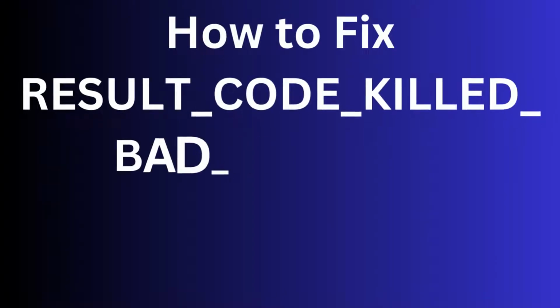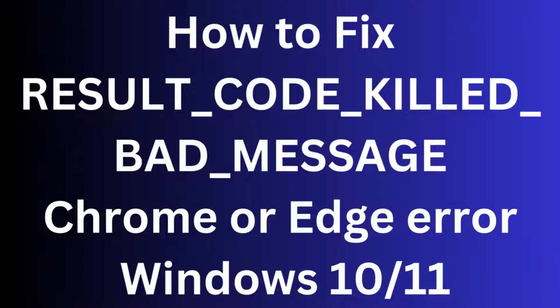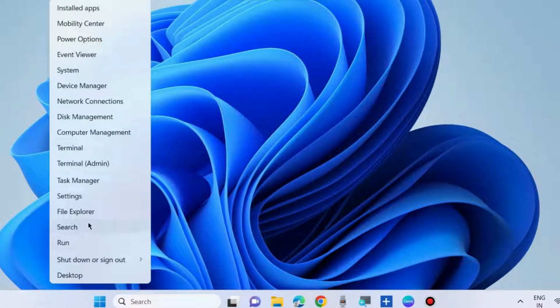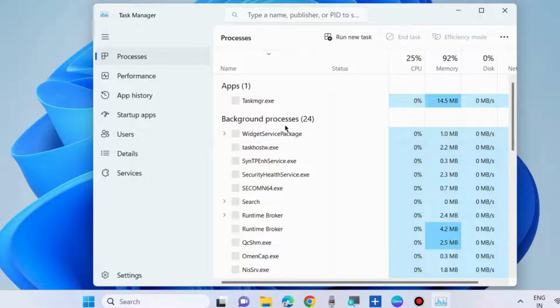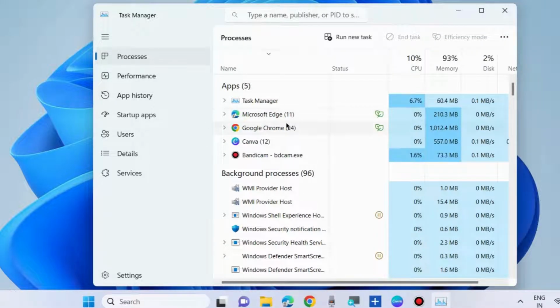How to fix the "Result code: KILL_BAD_MESSAGE" error in the Chrome or Edge browser in Windows 10 and Windows 11. Such a type of error appears in either the Microsoft Edge browser or the Chrome browser. To fix this issue, the first workaround is to go to Task Manager and find the Google Chrome or Microsoft Edge